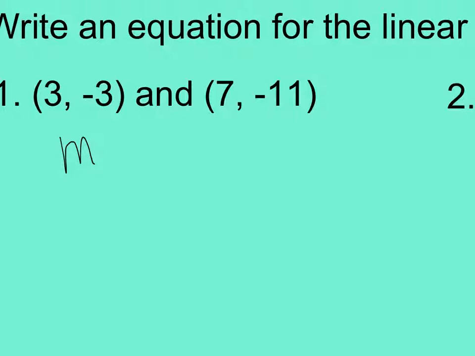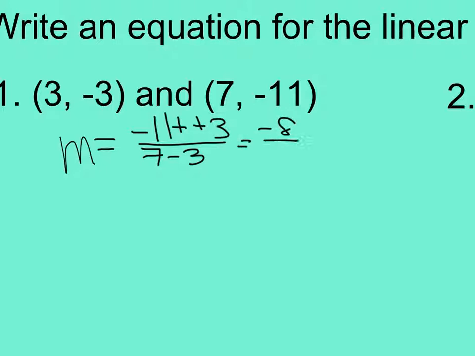m equals negative 11 minus negative 3, be careful of your negatives, and 7 minus 3. The minus and negative becomes a plus, a positive, so we have negative 8 over 4, which means our m value is negative 2. So currently our equation says y equals negative 2x plus b, and now we need to find